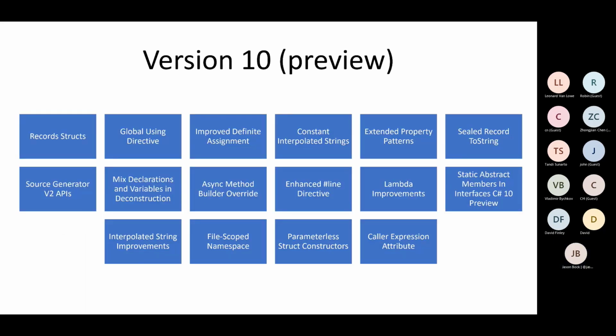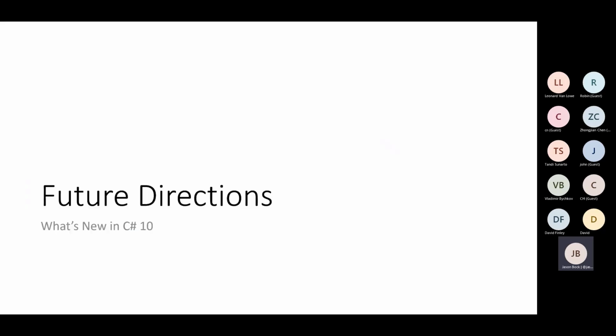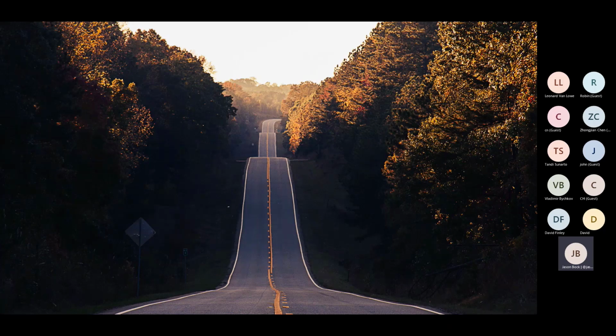Okay. So again, those are all the features that are there. What about where we're going to be going after C# 10? That's pretty, I won't say clear, but I think you can follow that path fairly easily. With C# being in the open and all the work being done in the open, it's no longer the case from 10, 15 years ago, where you may go to a PDC or Build event and hear about some things they're maybe doing in the next version. All of this is done in the open.